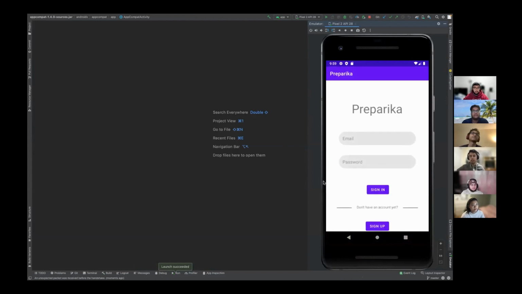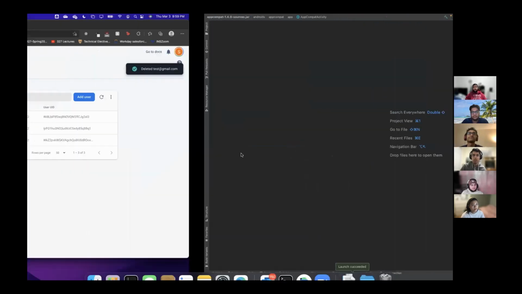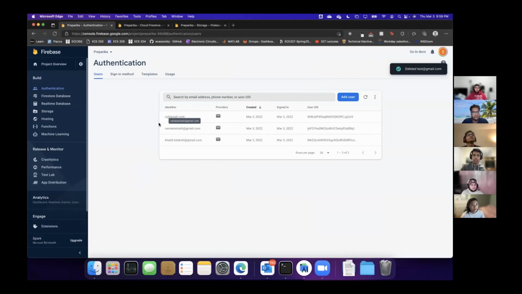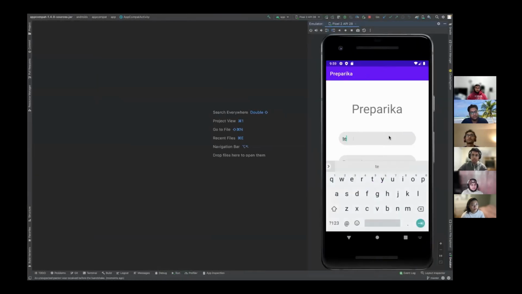And it'll start on our login page. So what we're going to be doing is logging in with a user with email test@gmail.com, and we're going to be logging in with Firebase authentication. Right now, looking at the authentication console, you can see that there's currently no user with that email registered to our app. So if we try logging in with that email,